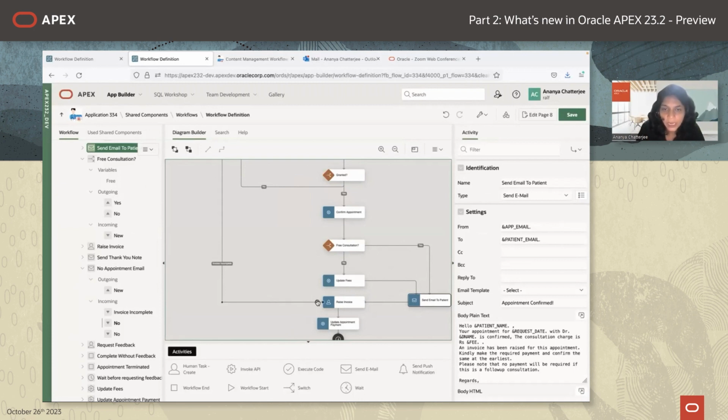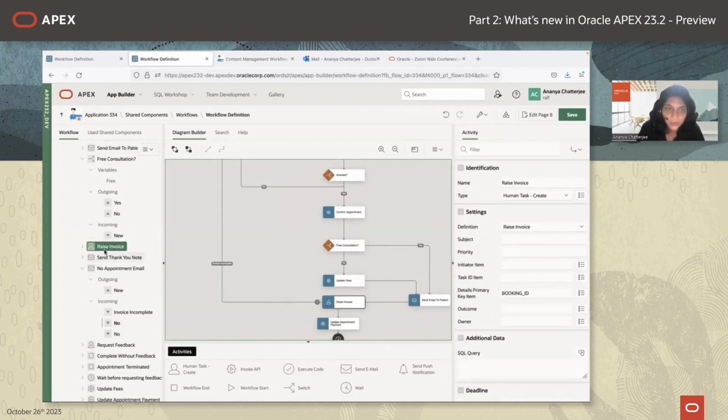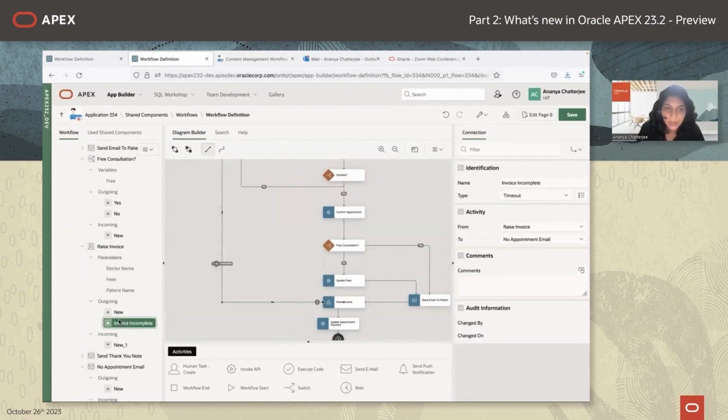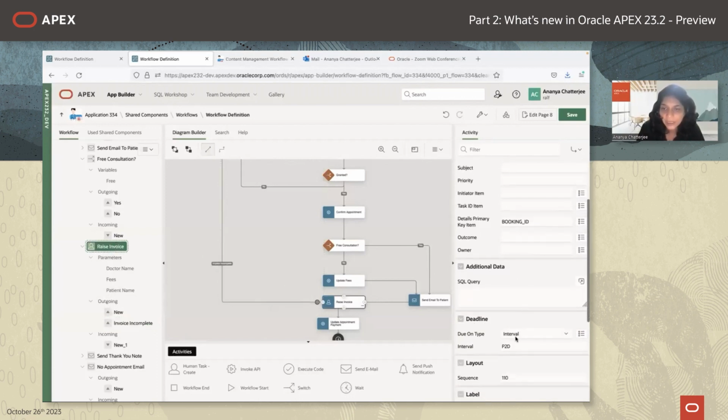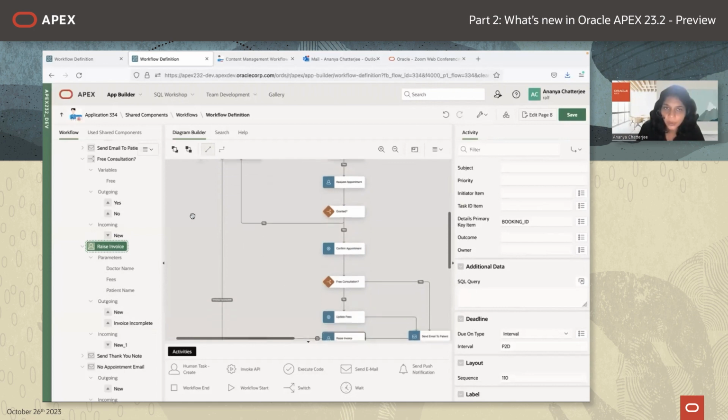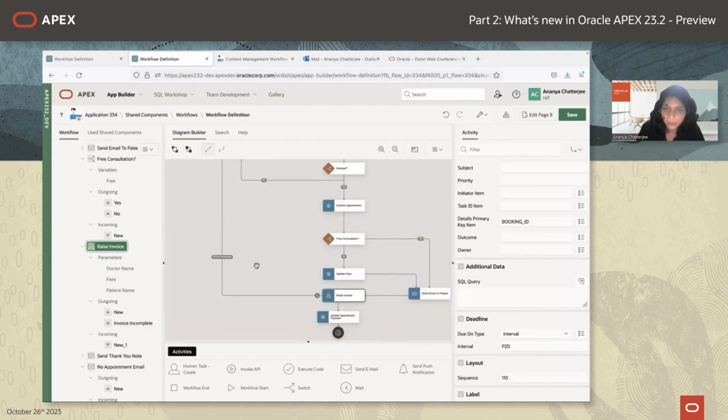Here we have a small timeout branch, which is also very interesting. All the activities can support a kind of timeout transition. And you see, this is that timeout transition. The timeout transition leads to a no appointment email. And where is the timeout value configured? It is configured at the activity level itself, where you have a deadline section. Here I have an interval of 2 days. So the invoice must be confirmed within 2 days in order to be actually processed and for the